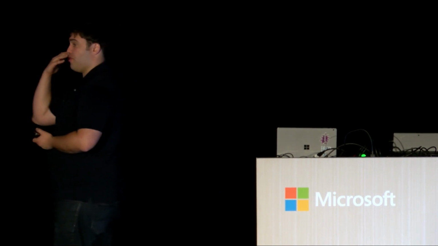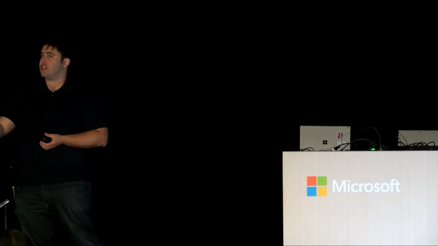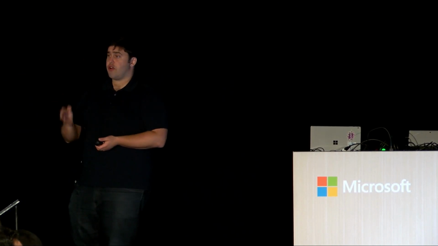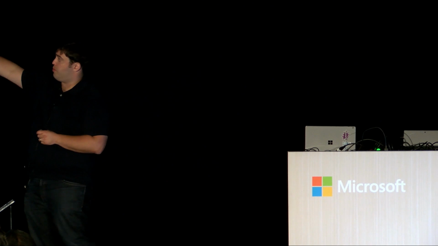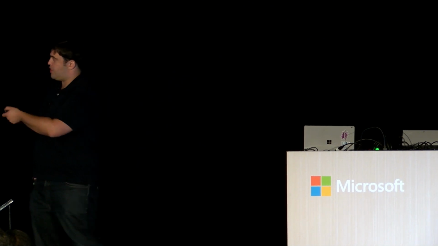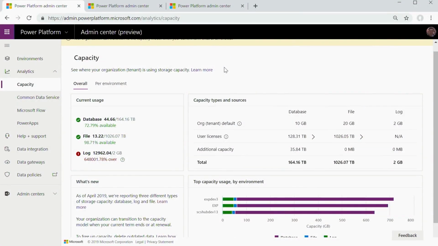This is what you have either accrued as a part of some of your user entitlements, or you can purchase standalone. This is very important in the new model because as we move away from 2 environments per P2 license, we're moving towards a model, which will be rolling out later this month, where purchasing available environments is dictated by the available database capacity you have within your tenant. And so you need 1 gigabyte available to provision a new environment in this new model.